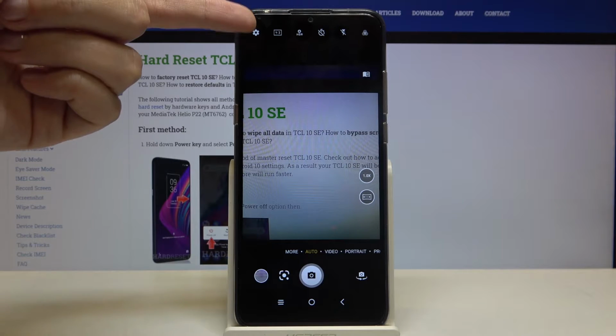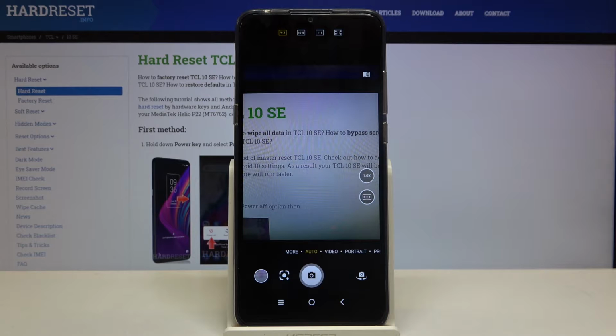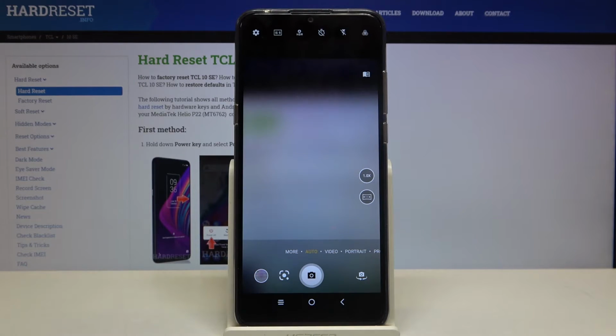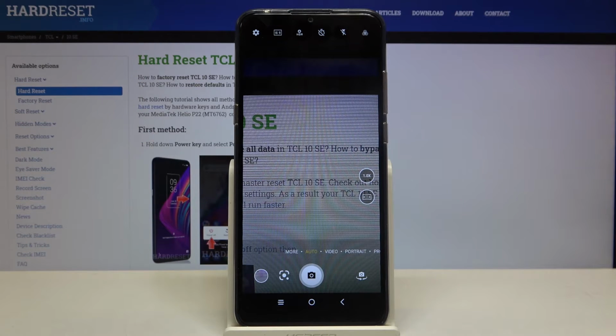Now let's focus on this button, the second from the left. When we pick this, we can manage the ratio of the camera. Now we are in 4:3, let's pick 16:9. And as you can see, the background of the camera has changed to the longer one, so this is this